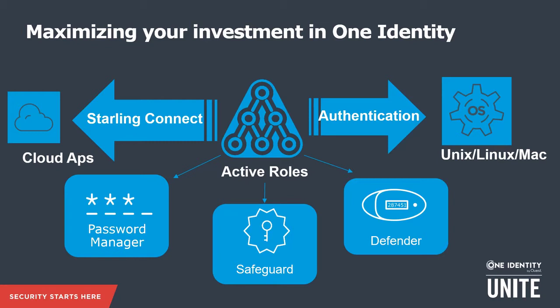We will then go through the end user perspective of registering for Password Manager, and we're going to look at the new Password Manager service. And then also for that same user identity, we're going to look at how they then register for the Defender soft token. Bringing that all together, we'll also look at this on the admin side as well, touching on the details there. And then rounding this off, we're going to touch on the just-in-time access for privileged credentials within Active Directory. That really brings together Safeguard and Active Roles to provide that level of capability.